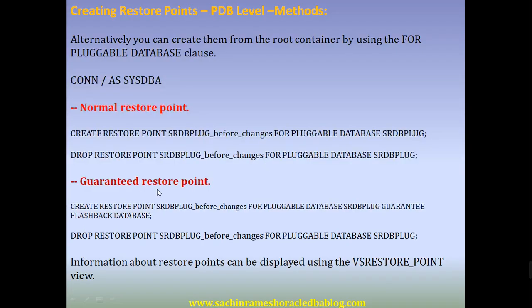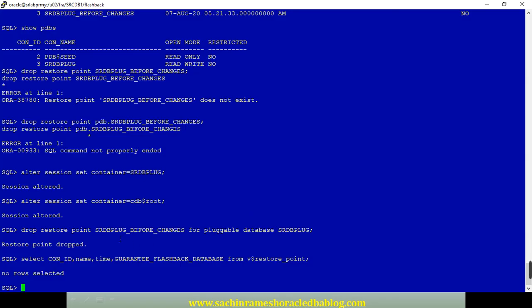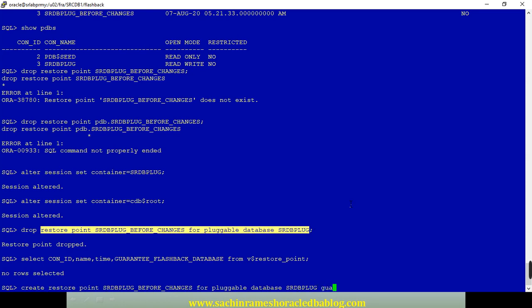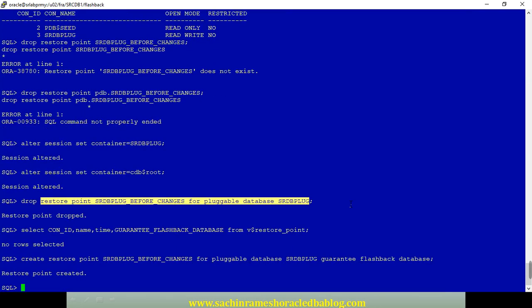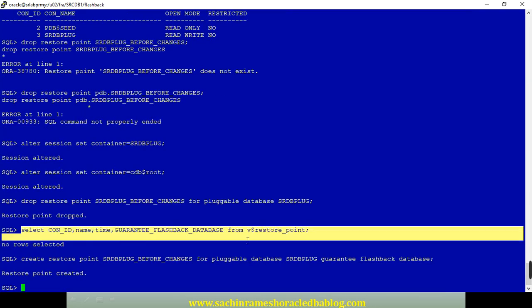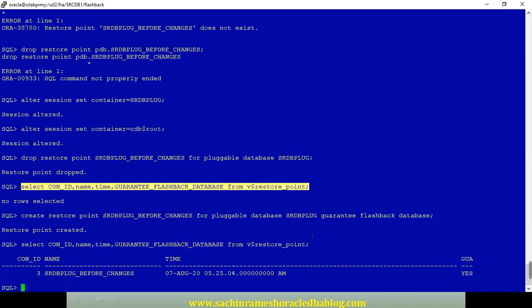So coming to guarantee restore point, we need to create the same thing, and we need to add the guarantee flashback database in the clause. So create restore point, guarantee flashback database, that we need to include. So now you can check, this is there.